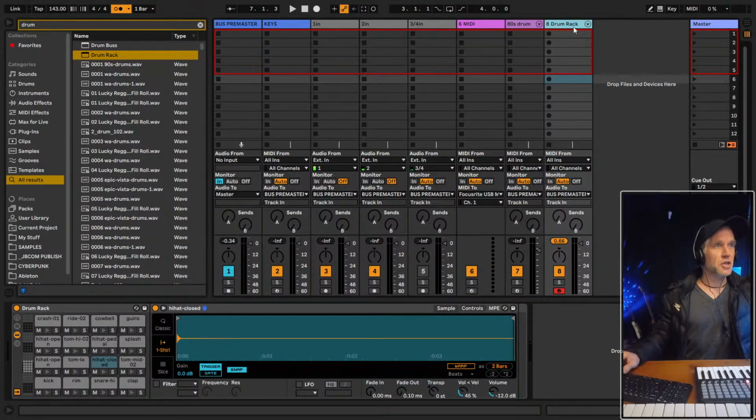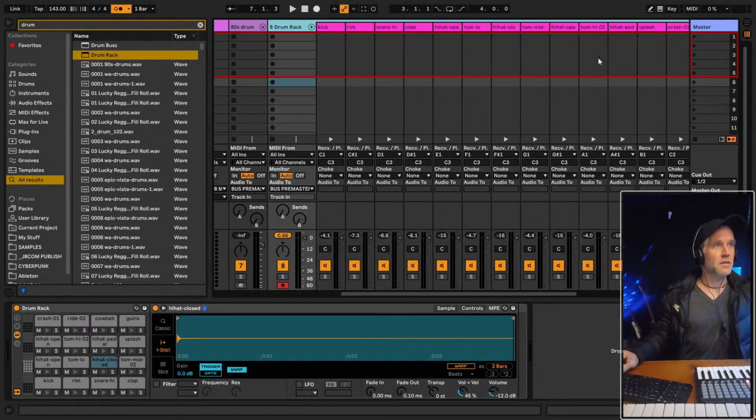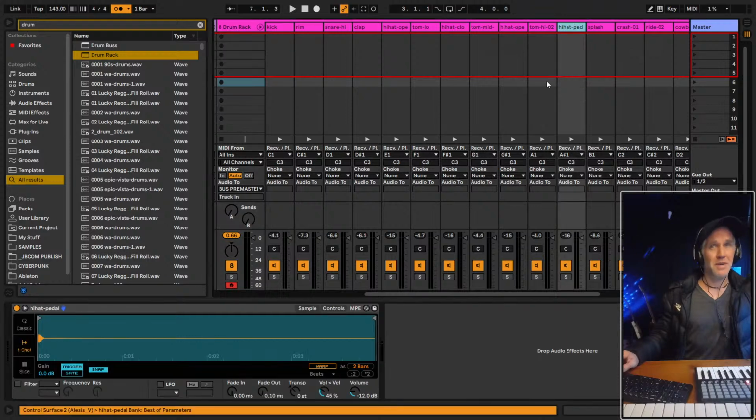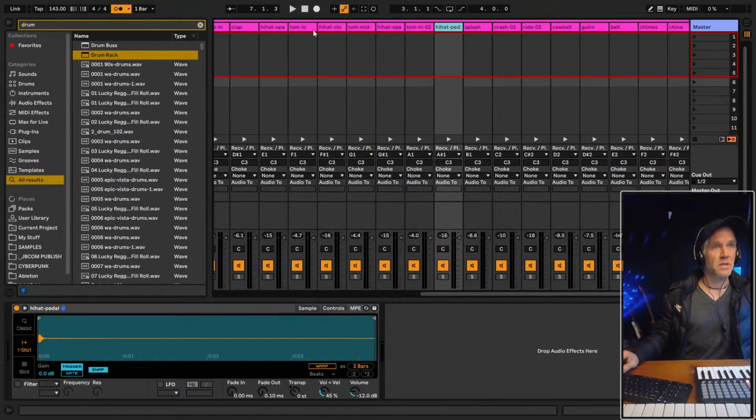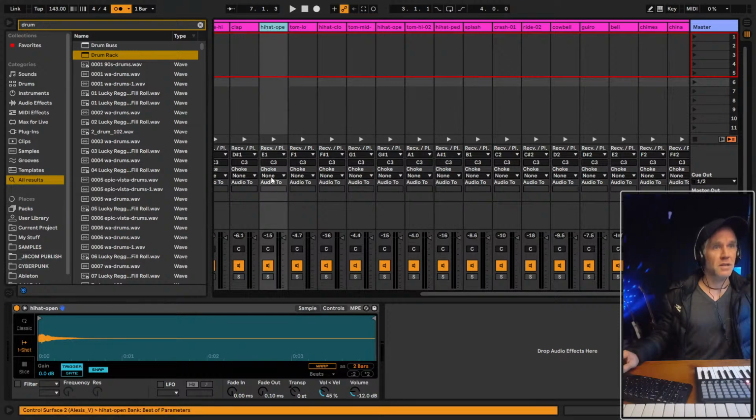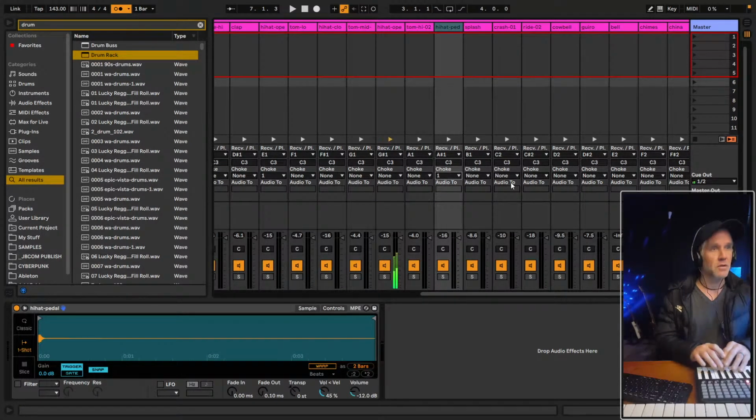Okay, cool. Let's do the choke for this stuff. So the choke is where you have a hi-hat pedal up here that then stops the ringing of the open sound. So the choke group for the open pedal over there is 1, and then we set the hi-hat pedal to choke 1, 2. That means as well, and that means when